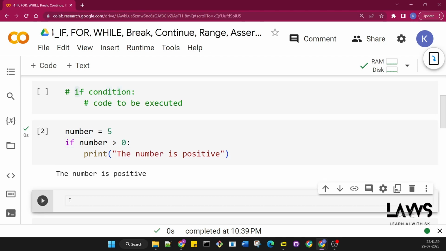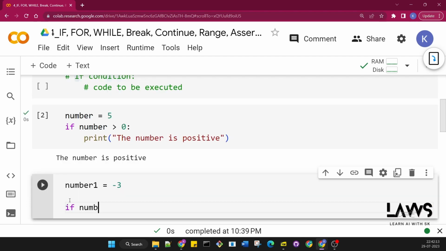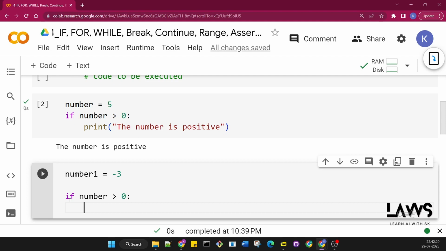Here I'm going to initialize a new variable called number1 equal to -3. I'm writing my if condition. If number is greater than 0, colon, next line always starts with indent. Indent is nothing but 4 spaces here. So I'm writing my print statement, the number is positive. Okay, done. Now here we are going to see one more thing. Suppose the number is less than 0,